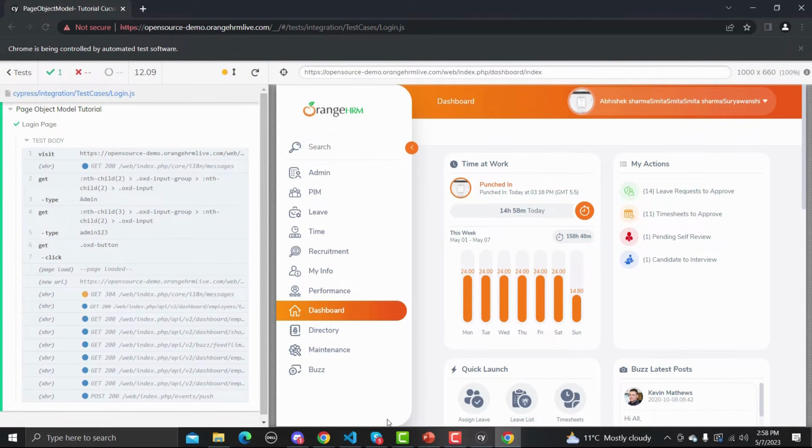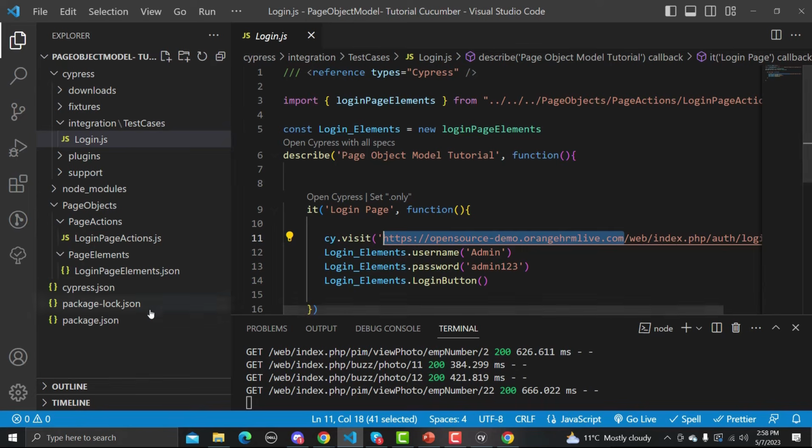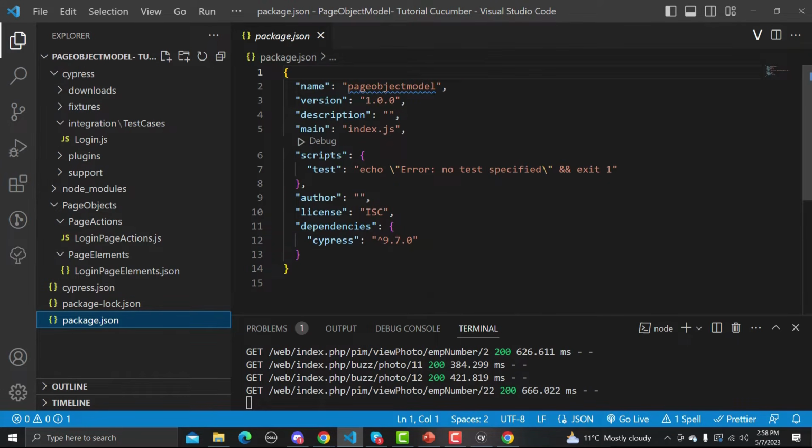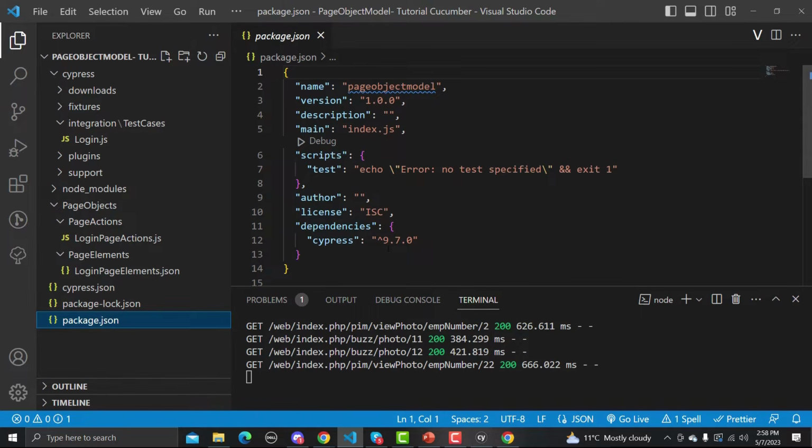So let me go to Visual Studio Code here, and let me show you my package.json. I'm currently using the Cypress version 9.7.0.